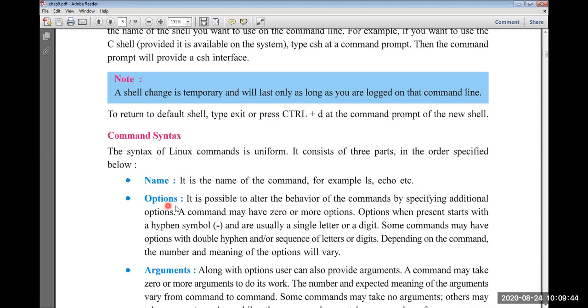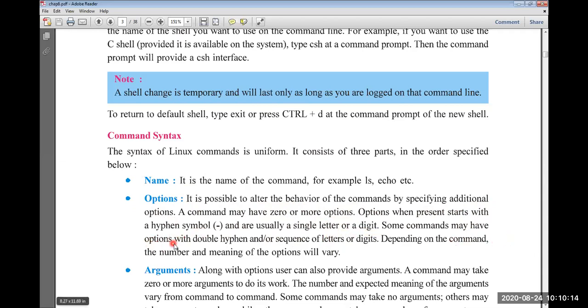Then the second one is options. If you want to use any options with the command, then we can use options. It is possible to alter the behavior of the command by specifying additional options. A command may have 0 or more options. Options, when present, start with a hyphen symbol and are usually a single letter or a digit.